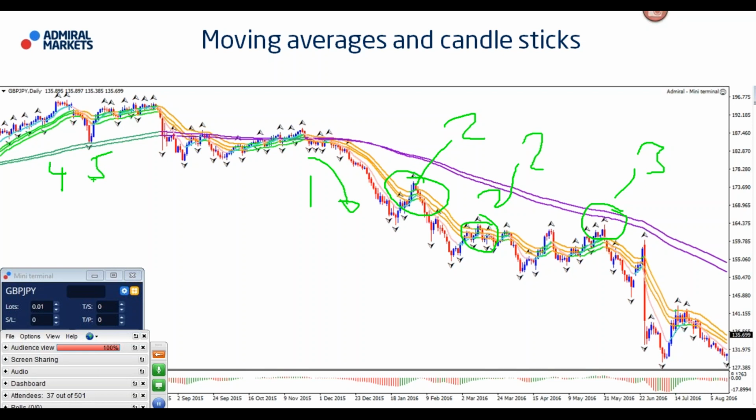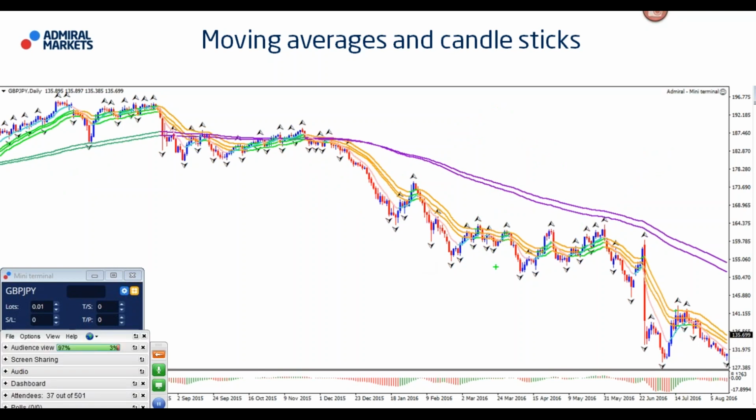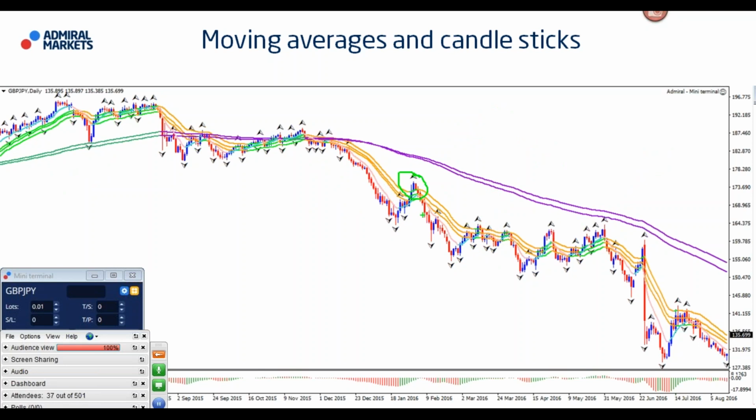And now those number 2 pullbacks, those lighter pullbacks, they can happen a couple of times, but eventually they run out of steam, and they're not as reliable. The first pullback to the 21 EMA is often the best. The second one is okay. The third one is typically less interesting.